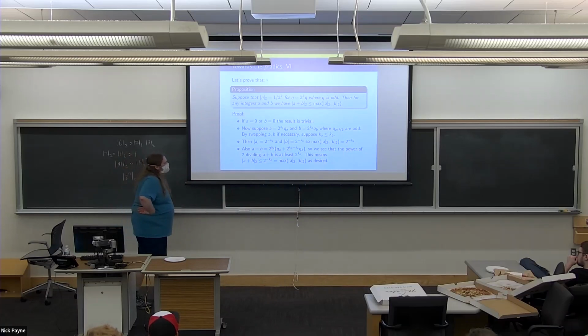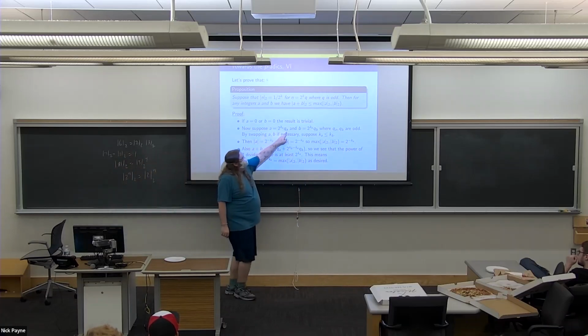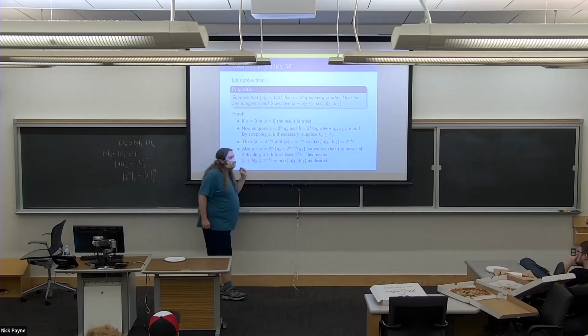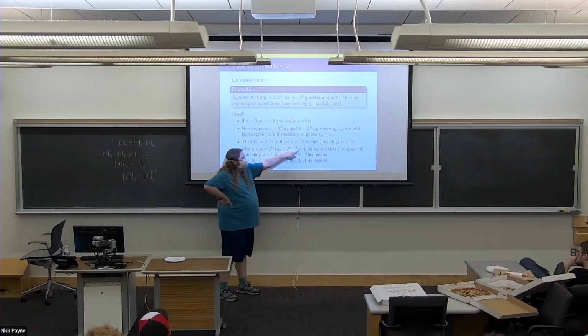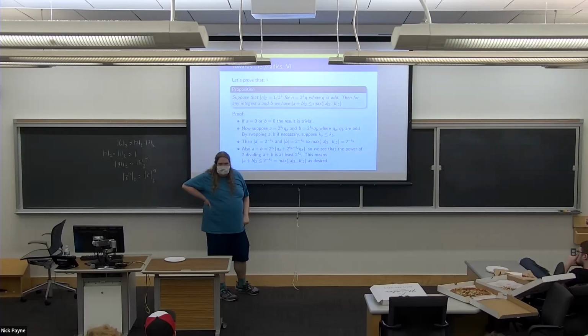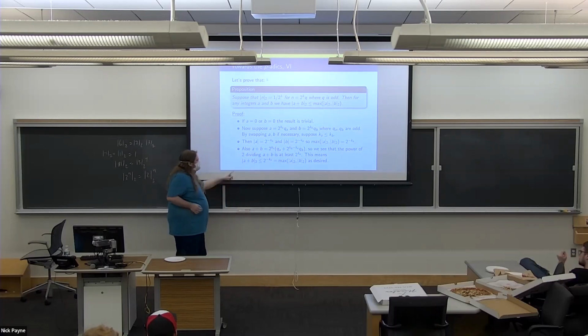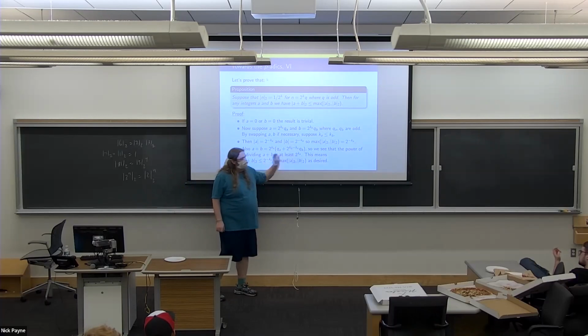Now, what happens if I add these together? Well, 2 to the ka times qa plus 2 to the kb times qb. I can factor out 2 to the ka for both terms because it's certainly in this one, and it's also in this one because the exponent here is at least as big. So if I do that, I get 2 to the ka times some stuff: the integer for a plus some power of 2 times the integer for b. And then I just say, well, hey, wait a second. I don't really need to compute the exact power of 2 here. All I need to do is observe that it's at least this power of 2 that's sitting right here, because this is the power of 2 times an integer. And so the power of 2 dividing a plus b is at least 2 to the ka.